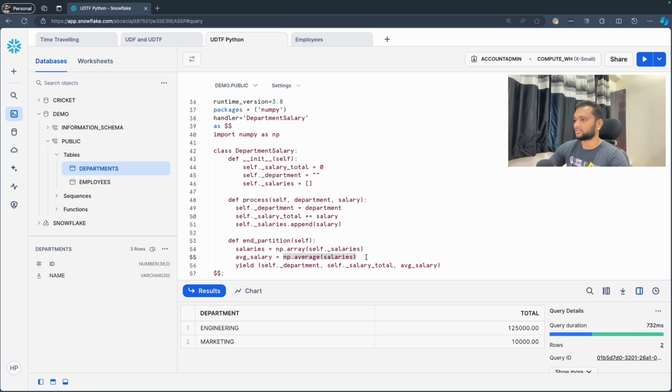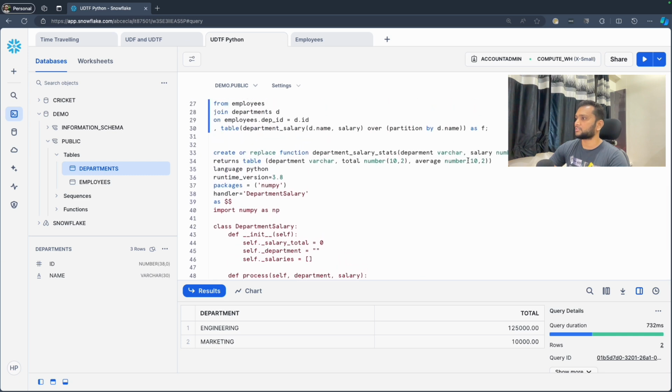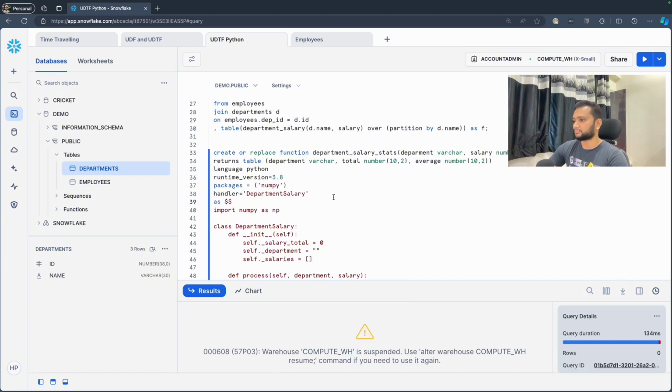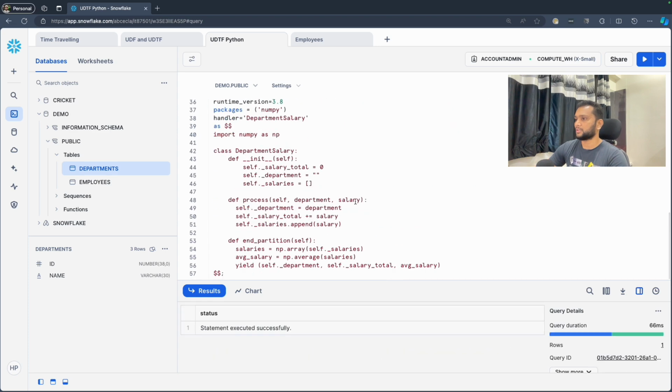I can always use max and min functions, and you can find the min and max of the department. Then you can pass this into this yield. And you can see here I have also updated the syntax for this table function, as I am also returning the average. Now I'll just create this function, and I'll run this,